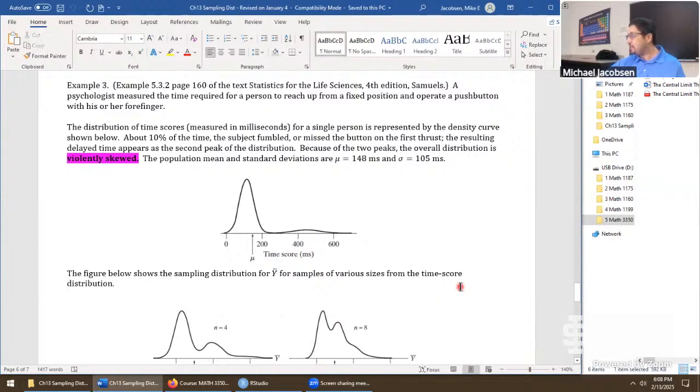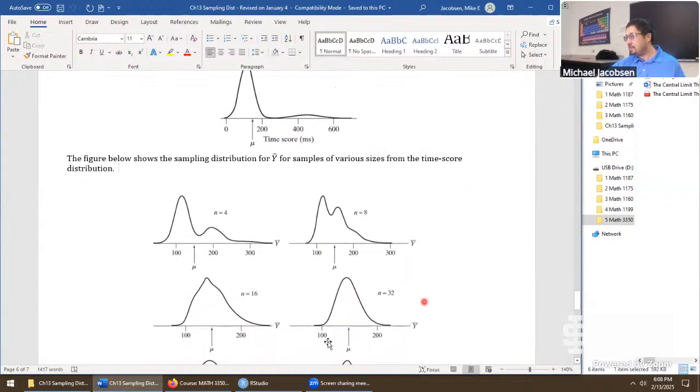So if we increase the sample size, here's the next situation. At sample size 16, still not really a great normal curve. And here's where the rule of thumb mentioned in the previous textbook came in. At sample size 32, it's starting to actually look normal. Now we just would have to decide, is this normal enough? There's still skew to the right, and there always will be. What the central limit theorem is saying is, as n goes to infinity,